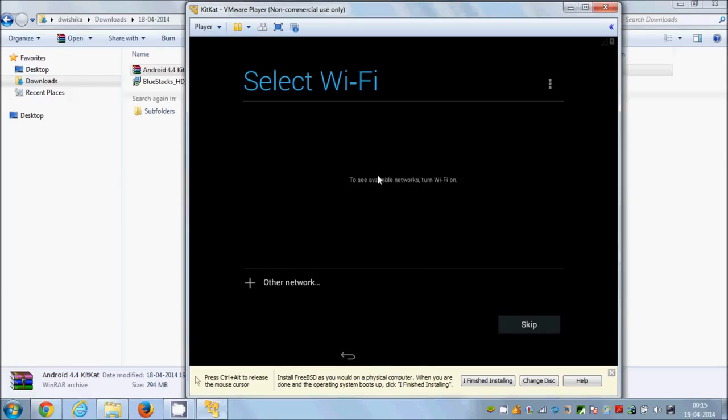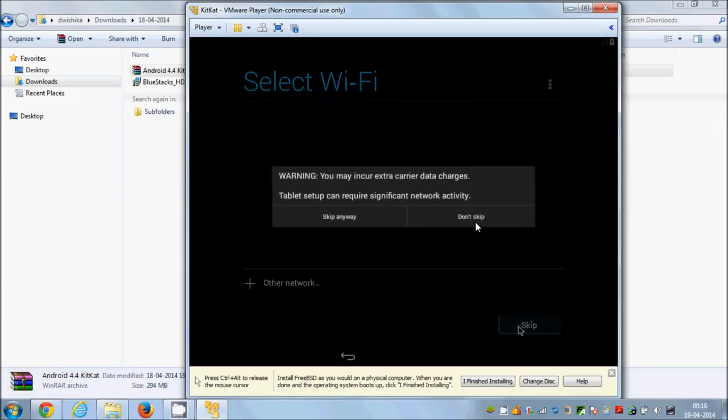And now it will show some configuration options here. For now I will just select skip in order to make this video faster, but if you have time, just search for and select your Wi-Fi and do all the configuration. So for now I will just click skip, and I will say skip anyway,